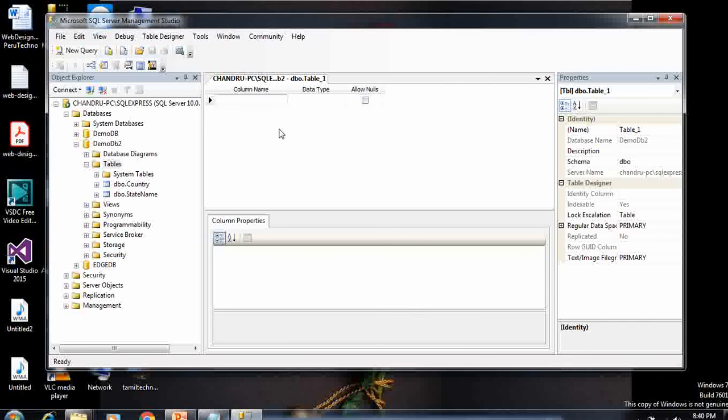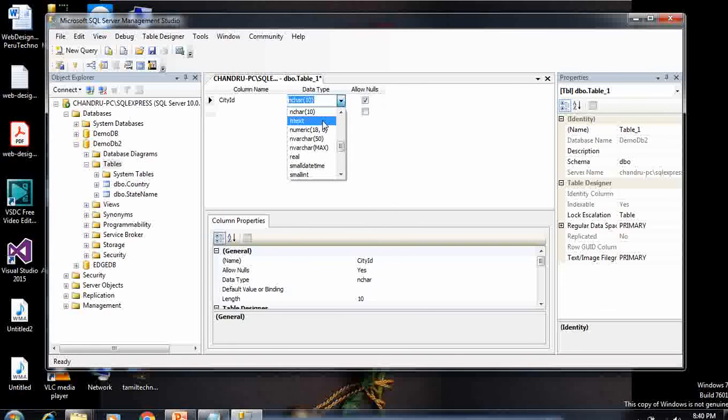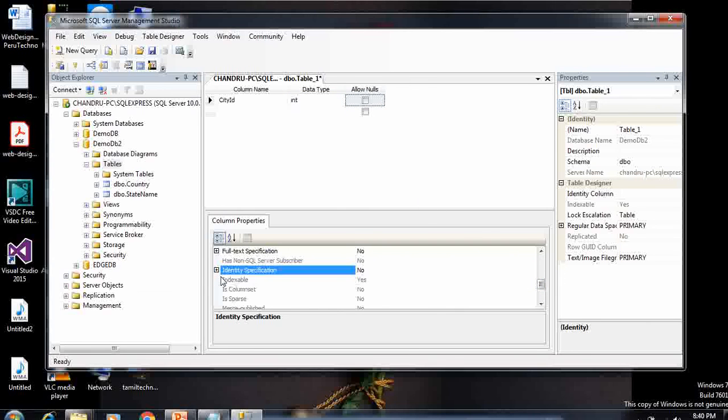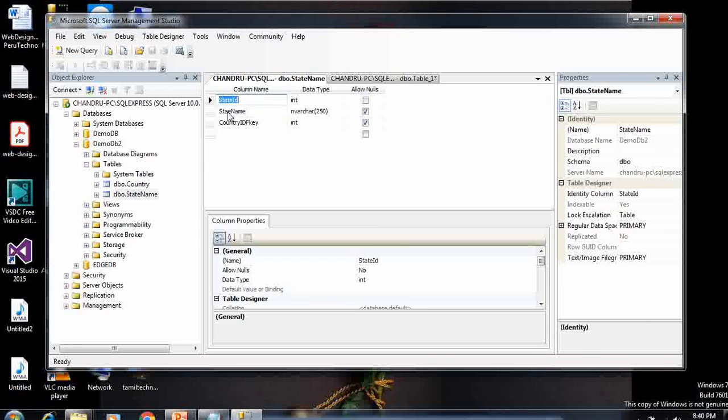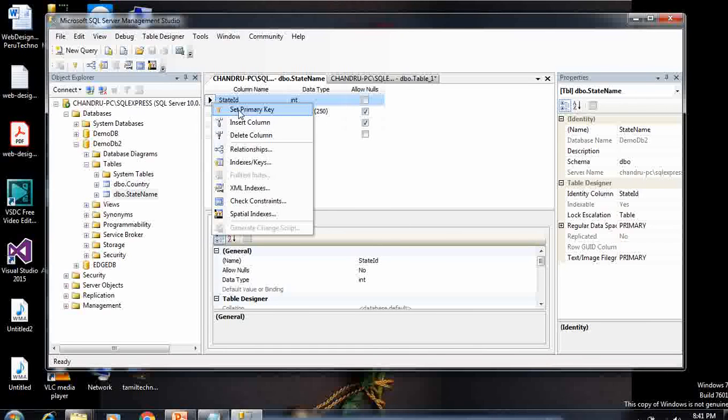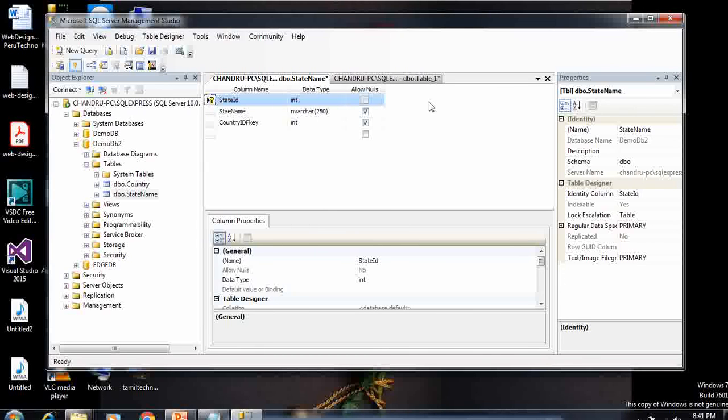Creating table and creating column. Okay, now I am going to create a city table, using the same methodology, and identity specification here also yes, and right click, set primary key. I forgot to set the primary key in the state table, so that's a main problem. Don't forget to set the primary key, right click and set the primary key and save it, because otherwise MVC will